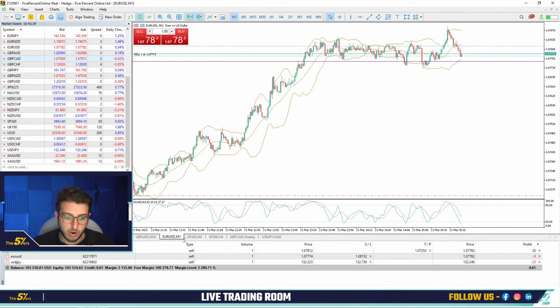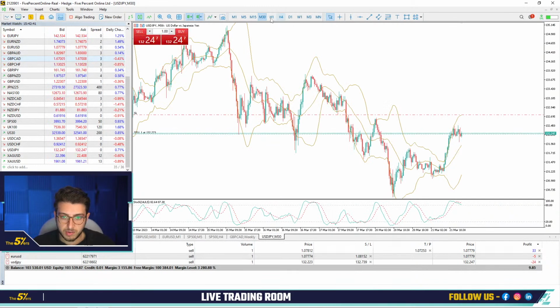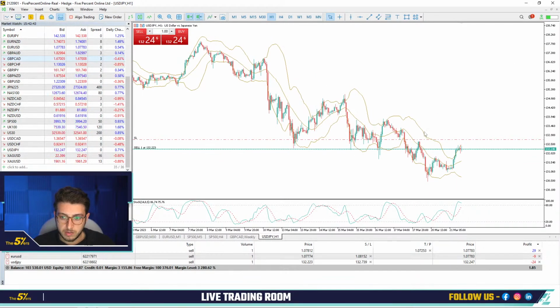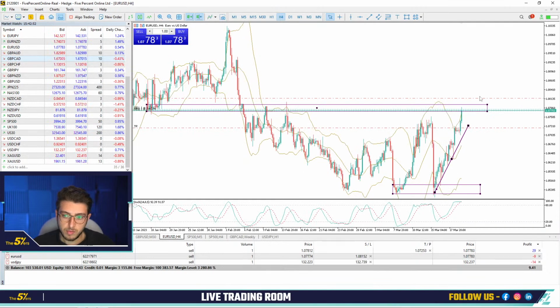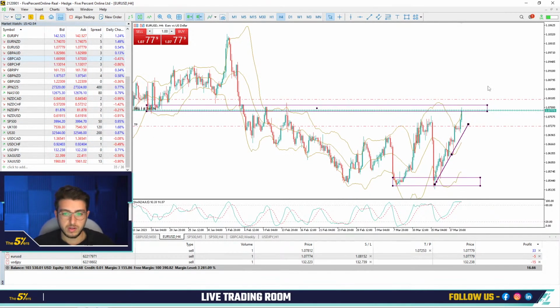It's not like the dollar yen, as you see, guys, for example here, when we are in a downtrend and the market can make a new low. Okay, here the scenario is different. On the Euro USD, there is an uptrend. I'm going against the trend, and I need to take the profit as soon as I can.